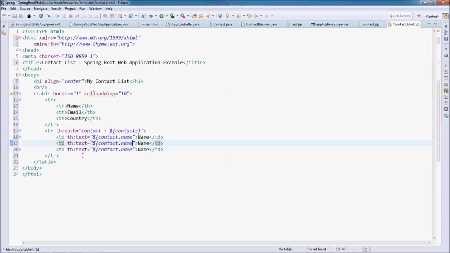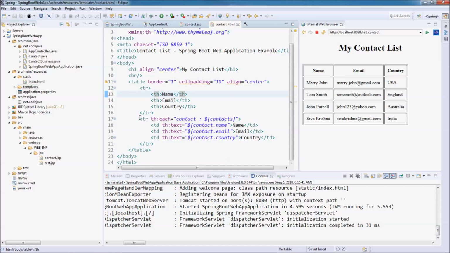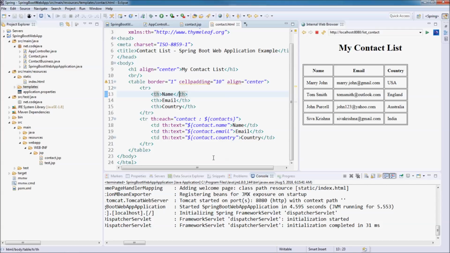copy for email and country. Email, country, email, country. Okay, we need also to center the table. Okay, that's it. As you see, a Thymeleaf template. We just change the view and the controller remains intact. We don't have to change the model. Let's change the view, and now let's